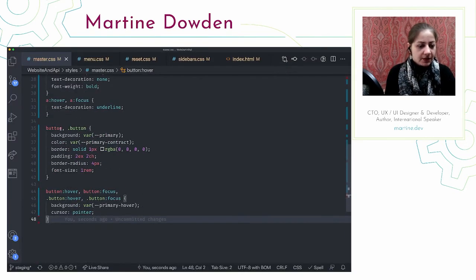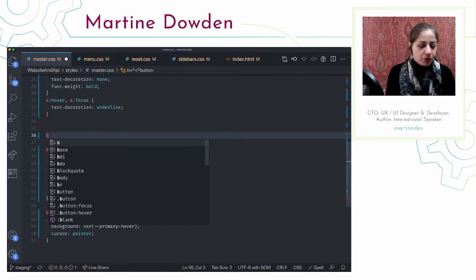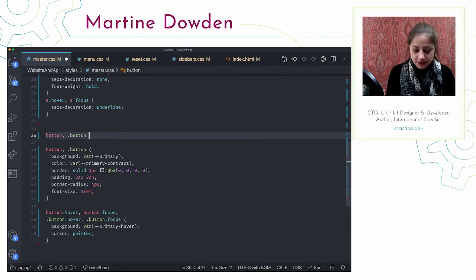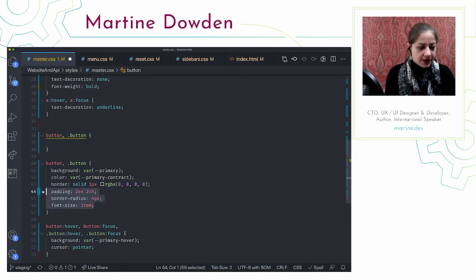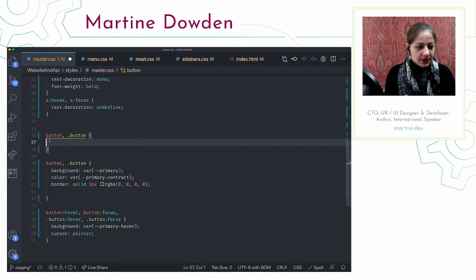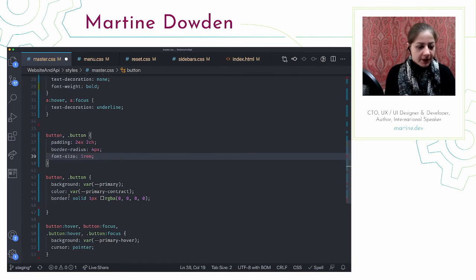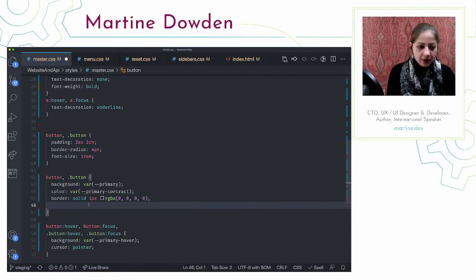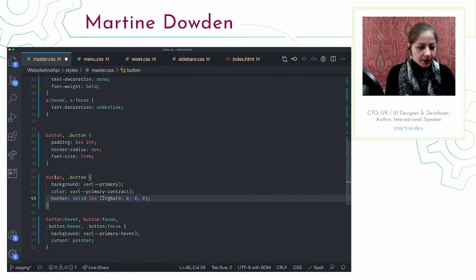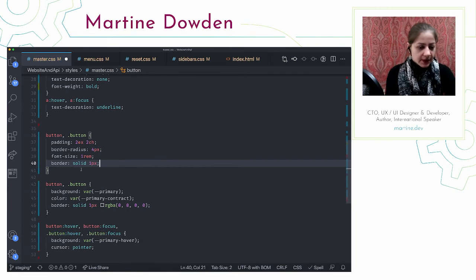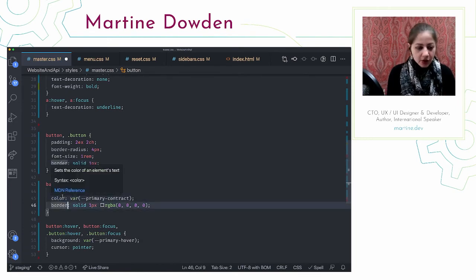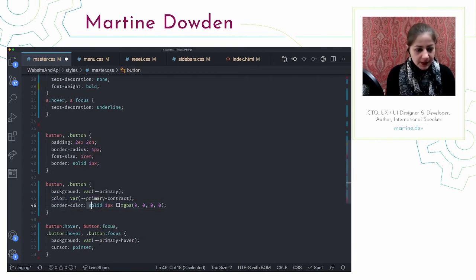So what I'm going to do over here is we're going to do a couple things. I'm going to move some things. Some things won't change. So for example, the fact that we have padding, a border radius, and a font size, whether we're disabled or not, those things are going to stay put. However, our background, our color, and our border may or may not change, right? So for our border, I'm going to go ahead and keep that border, but I'm simply going to do it this way. And then here I can say I want that border color, and we're only setting it once.